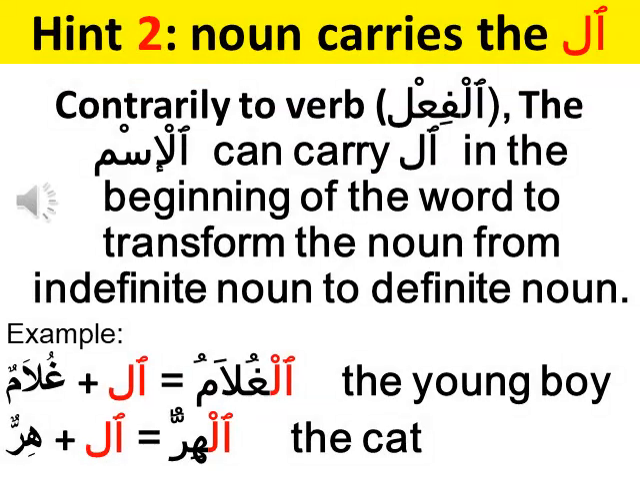Hint number 2. Noun carries the L. Contrary to the verb al-fi'l, the ism can carry L in the beginning of the word to transform the noun from indefinite noun to definite noun. Example, al-ghulamu, the young boy. al-hirru,